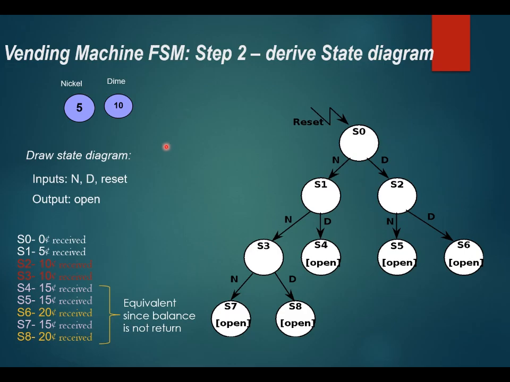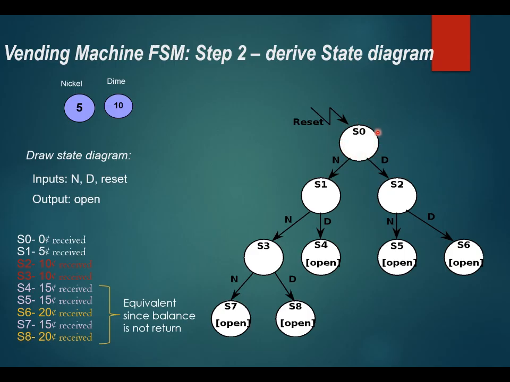So you have identified the inputs and outputs. Next you need to think about what modes your machine has. Even if at first you're not sure, you can start state by state. The first state you can start with is S0, and then put an arrow coming in from outside and label it as reset. That means whenever the system is reset,